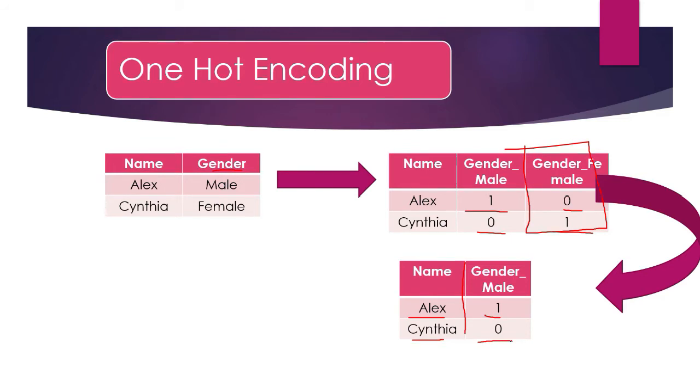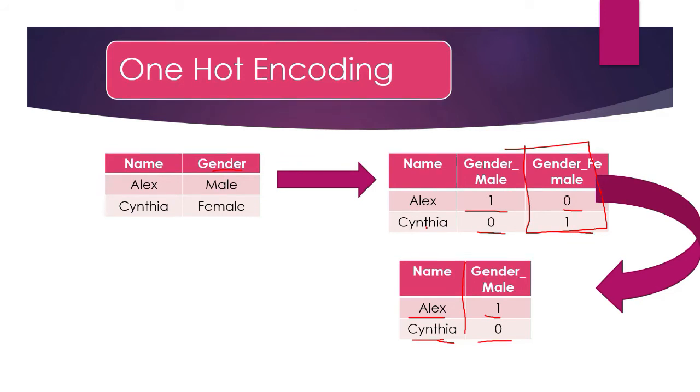So now you can probably understand that we have only 2 categories in our gender column. Gender can only contain male or female, right? So if the gender underscore male has a value of 0 for Cynthia, it clearly means that Cynthia is a female. It is a very clear assumption, and it helps a lot in preventing what we call cardinality also. So what is cardinality? Cardinality is a problem with one hot encoding.